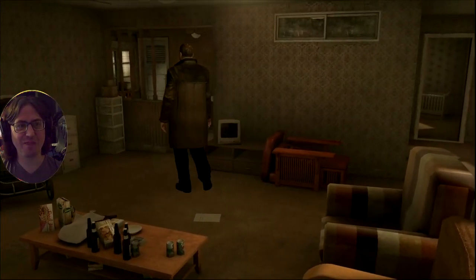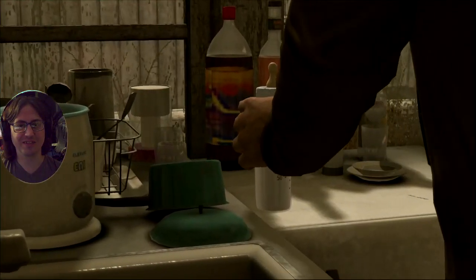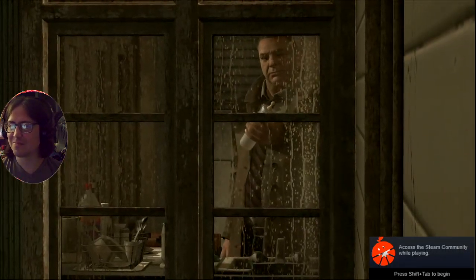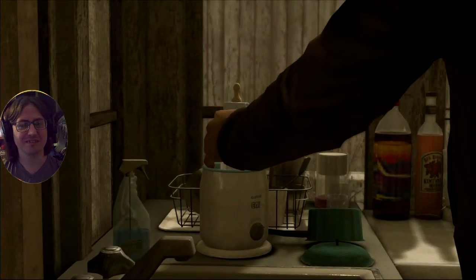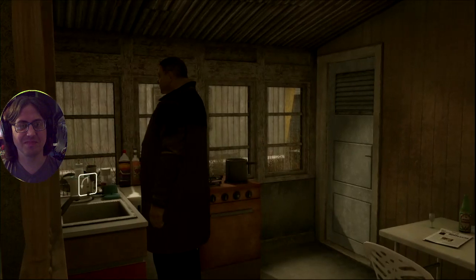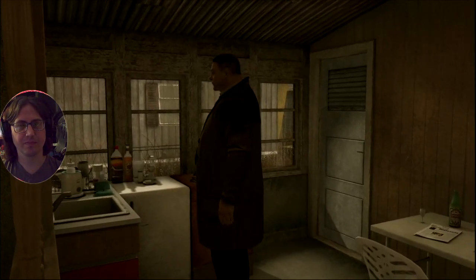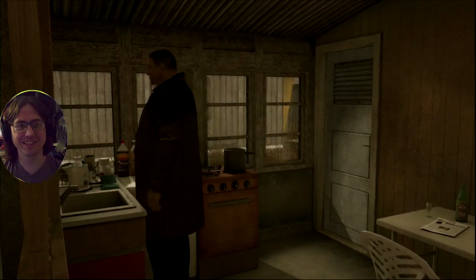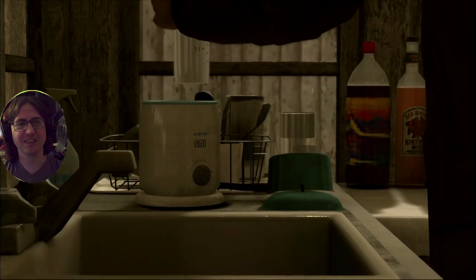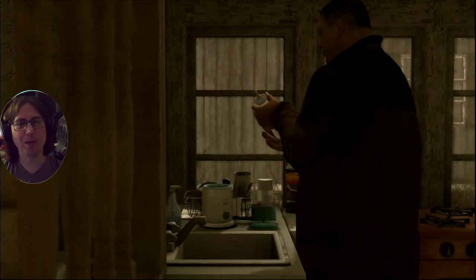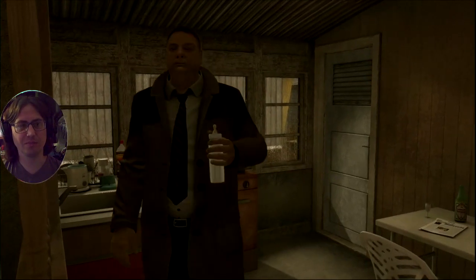Change that diaper and wipe that hair gel. Yum. I guess I better warm this up. The world's best hair gel. Nasty. We're just gonna stand and wait for this to heat up in the milk heater. That's probably an achievement for not asking for help, but gotta involve the mum.